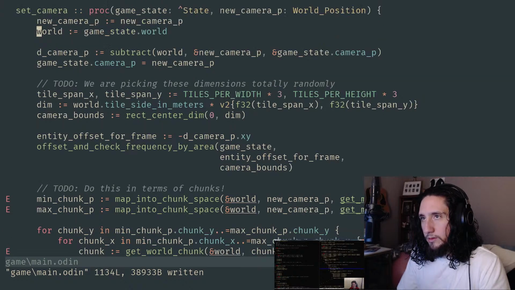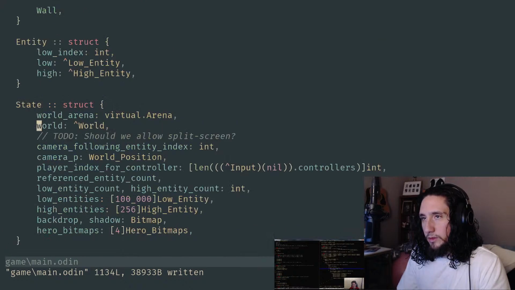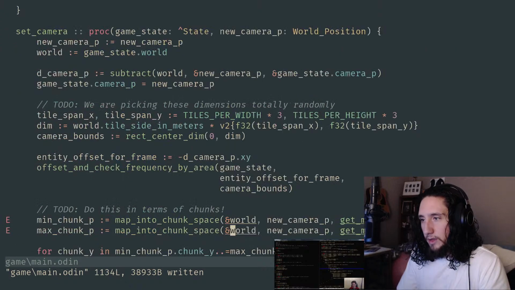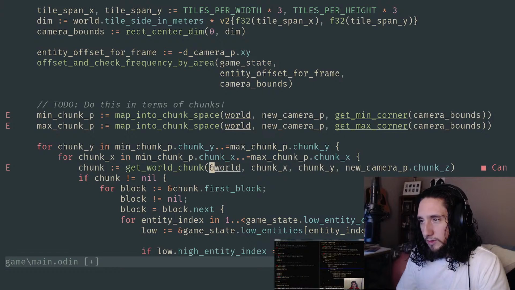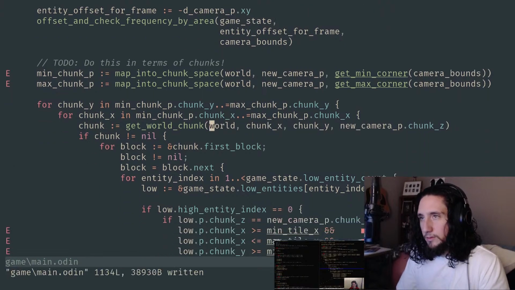What? Game state. Well, world is already a pointer, isn't it? Okay, yeah, that explains that. I think I ran into the same thing a couple times over the past few days. And then this is complaining because we don't have those get min and max corner procs yet.